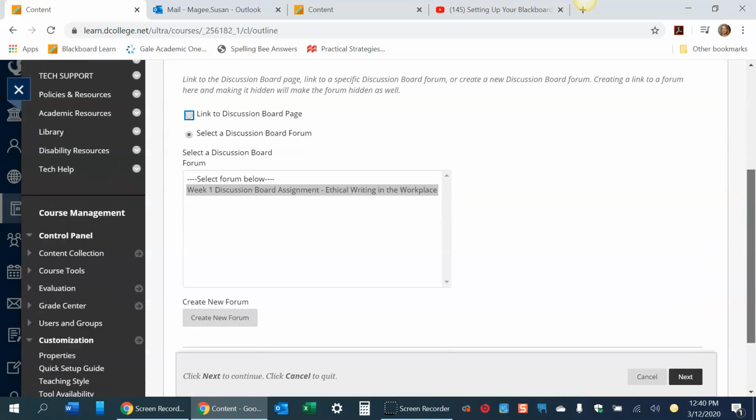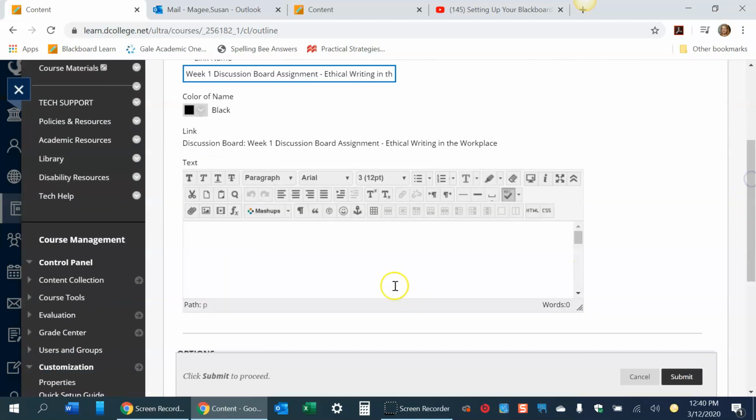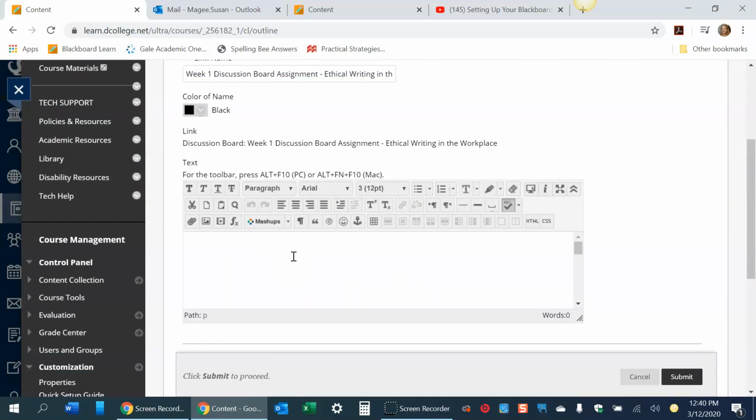Then what I'm going to do now is choose next. And now I'm going to choose what I want to put in here, my directions for this discussion. Now, this is what we do pretty much standard in online learning: obviously you're going to want them to have a discussion with you, but also with their fellow students. So you could say,